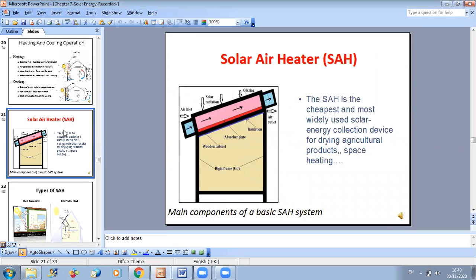Now, for solar air heater, what we have here is like a solar water heater, same concept, okay? But instead of water as the fluid, we use air. In general, the benefit of this system is that the cost is very low. But as for efficiency, it's not very efficient, because you know that the heat capacity of air is smaller than